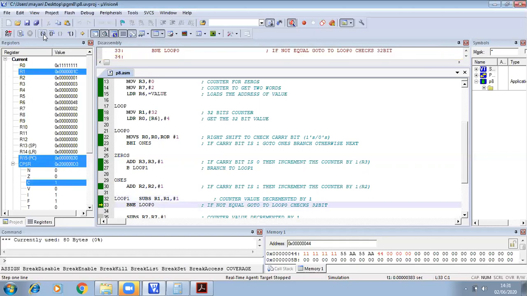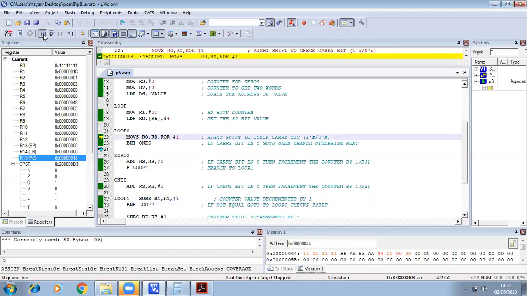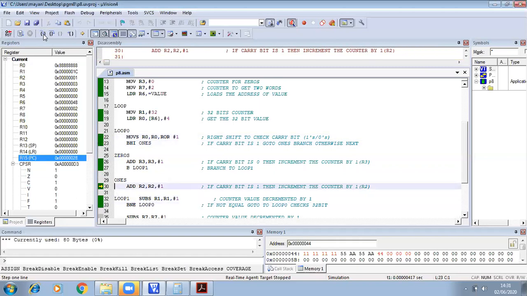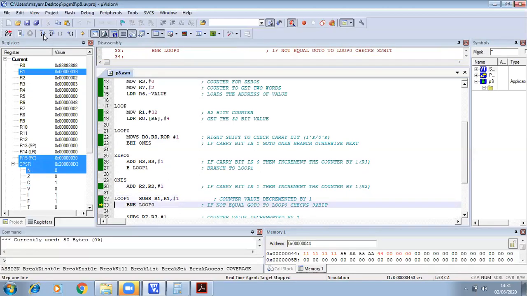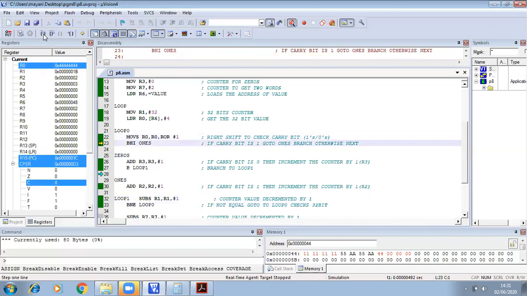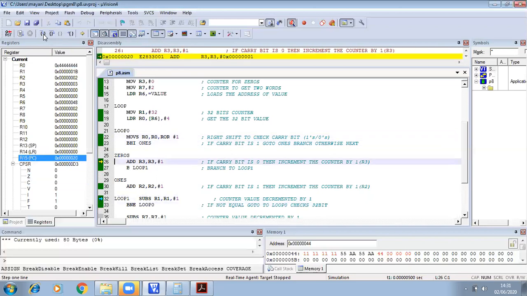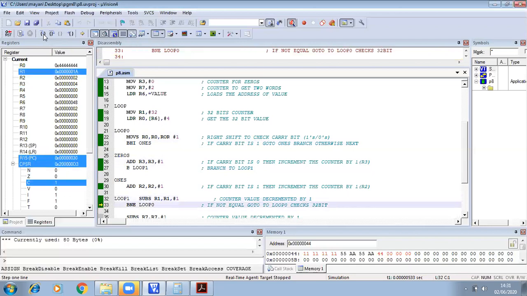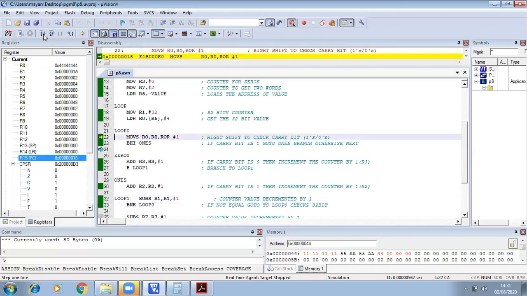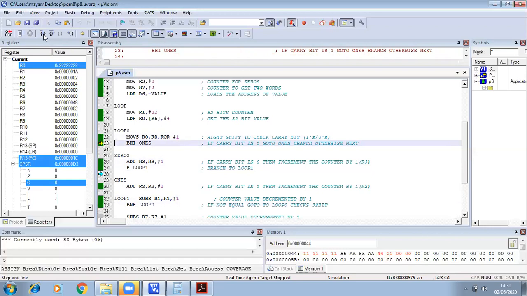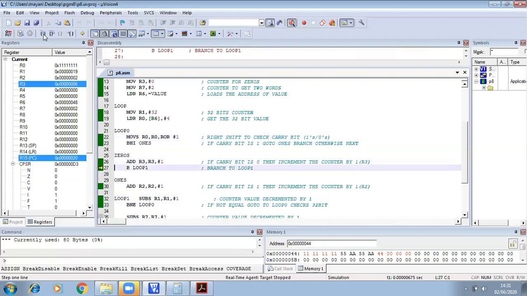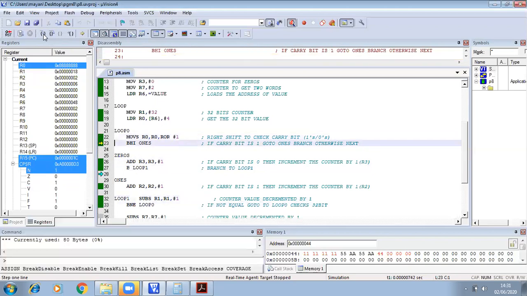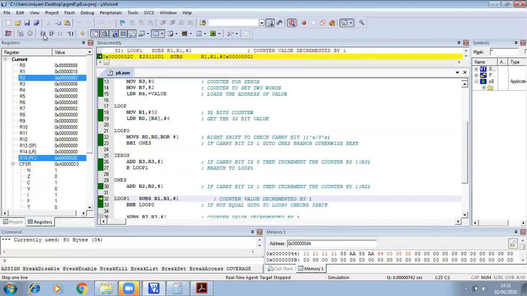It is 1C now. Now jump to loop 0, again do the rotate operation and this continues. Now carry flag is 1. So we need to increment the count at R2. Again do the rotate operation. C is equal to 0. So R3 is incremented. Decrement the number of bits. Rotate operation. C is equal to 0. So R3 will be incremented. C is equal to 0. Again R3 will be incremented. C is equal to 1 now. So R2 will be incremented.